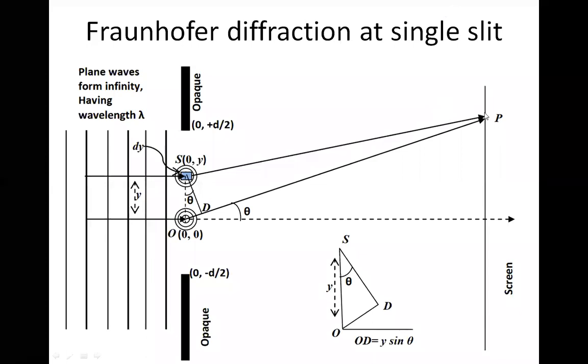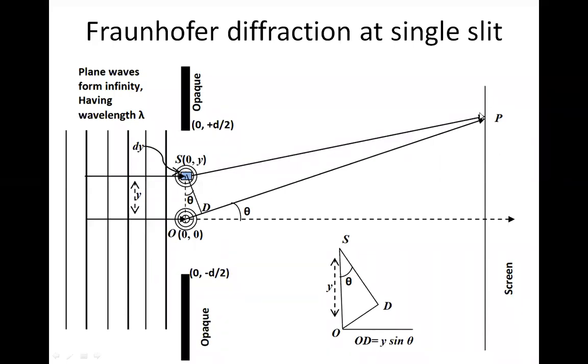So if you can imagine the point P as a light receiving point, then both the wave coming from O and the wave coming from S are going to hit the point P. They are going to cause some resultant superposition or resultant disturbance. So what I have to do is count how many points are there between minus d by 2 to plus d by 2. Each and every point, as Huygens said, in this open portion will emit a spherical wave, and those spherical waves will be overlapping at a point P.